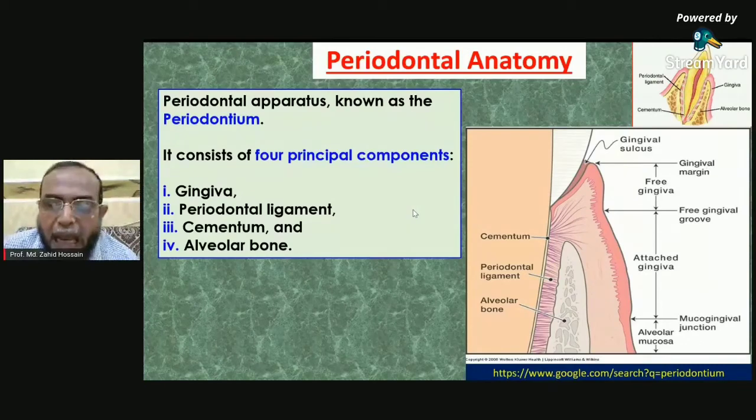Nowadays it has been proved that periodontal disease can contribute to many diseases in the body, such as cardiovascular disease, coronary artery disease, and chronic obstructive pulmonary disease. It can contribute to rheumatoid arthritis, preeclampsia, low birth weight babies, even premature delivery. It can contribute to osteoarthritis and different types of cancer in the body: lung cancer, spleen cancer, kidney cancer, even colon cancer. So nowadays it has been proved that periodontal disease is related to different types of systemic diseases, and we must be aware of it.